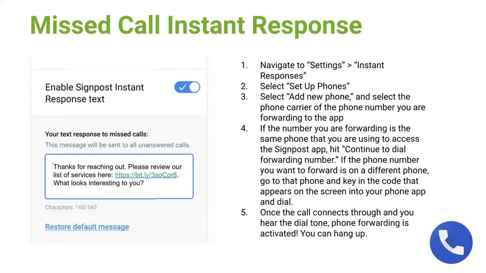So going to settings and instant responses, clicking on set up phones, and then clicking add a new phone. It'll give you a drop-down menu of the different phone carriers that you have, or the phone number that you're going to be forwarding. So you've got both of that information. If the number that you're forwarding is the phone that you have in your hand, maybe it's your cell phone, the same one you have the Signpost mobile app on, you can hit the button that says continue to dial